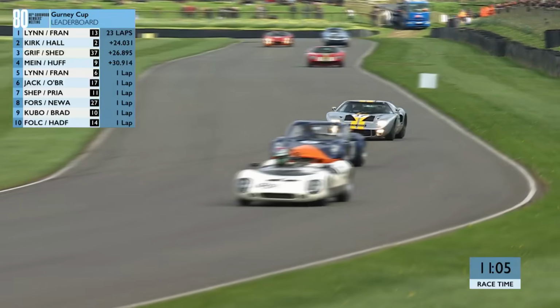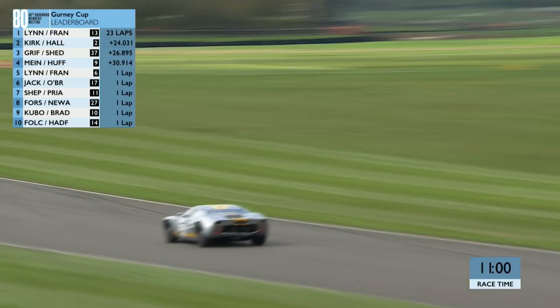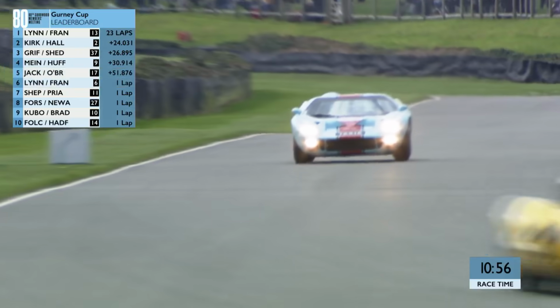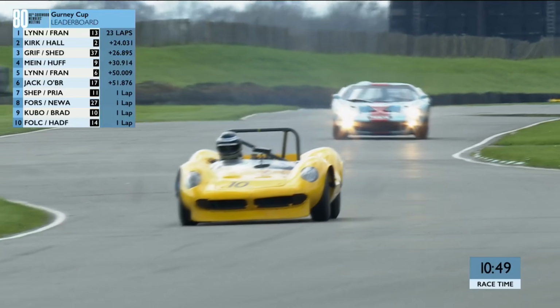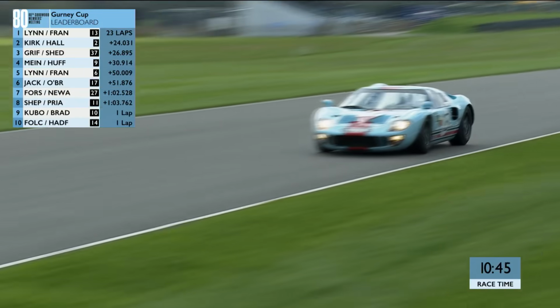But actually, I was just looking at it again and realising that this 10 seconds is only going to be added after the race. Actually, Franchitti can still win this because he's 24 seconds ahead. So as long as he keeps that kind of gap, even with the 10-second penalty, he's actually going to still end up with a comfortable victory, isn't he? Yeah, no, for sure. And luckily for him,